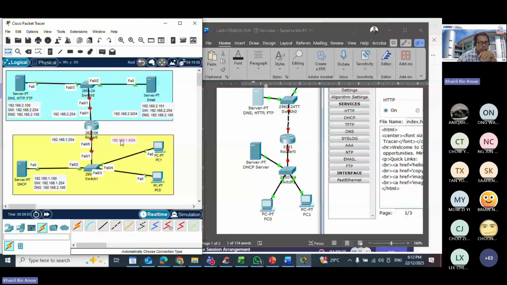Okay, so this one, Control CV. This one should be DHCP. DHCP. Okay, what else? This should be the domain pc1.mmu.edu.my.